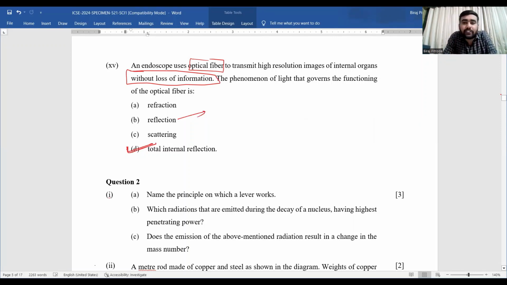There are two hints given to us. Hint number 1, optical fiber. Optical fiber, students, is an application related to TIR. This we have in our textbook, the last application point. They have even told there is no loss of information, which is only possible in TIR. Are we understanding? Read the question well and select your appropriate option. I hope this is clear to us. So this was all about your question number